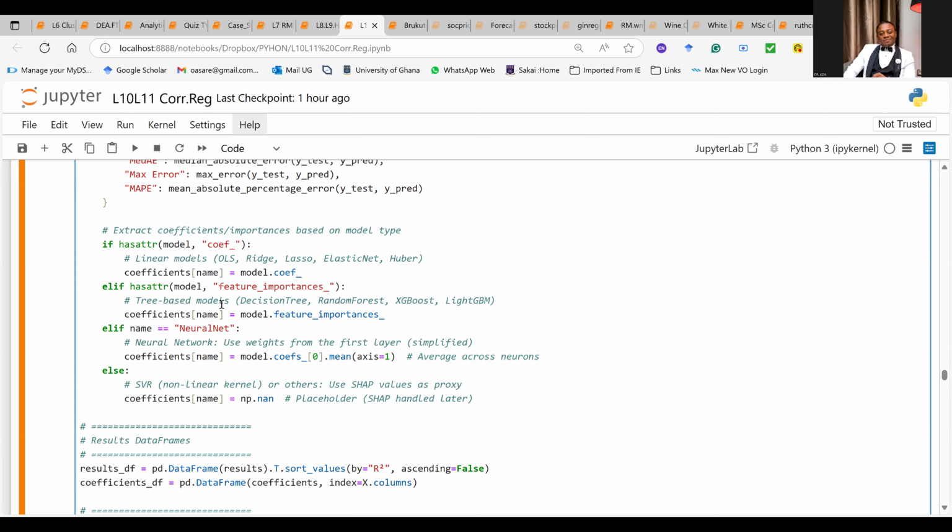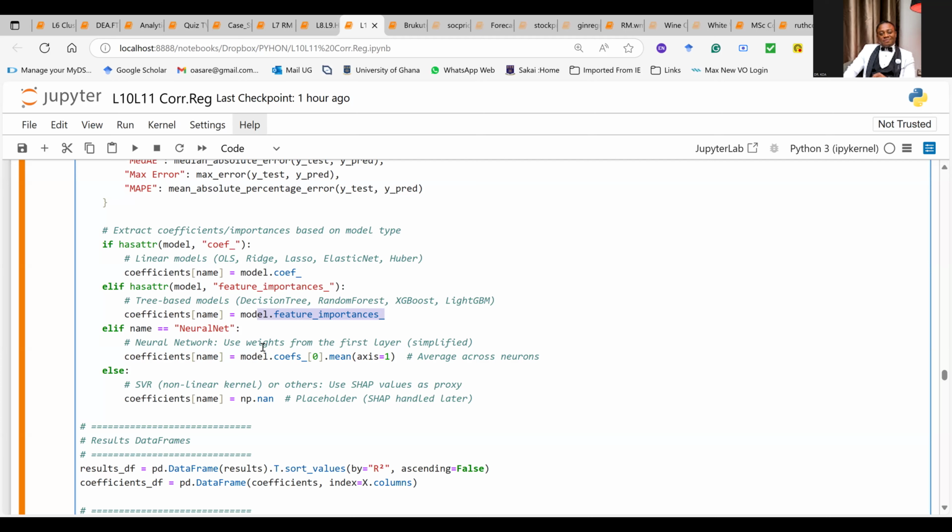Take note, it's either going to be coefficient or feature importance, because the tree-based models don't give coefficients. Tree-based models like decision tree, random forest, XGBoost, LightGBM will rather give you the feature importance. If you tell it to give you the coefficient, it will say none, none, none, because it doesn't provide that.